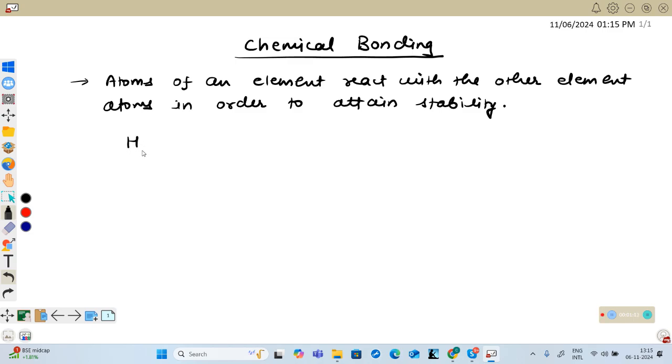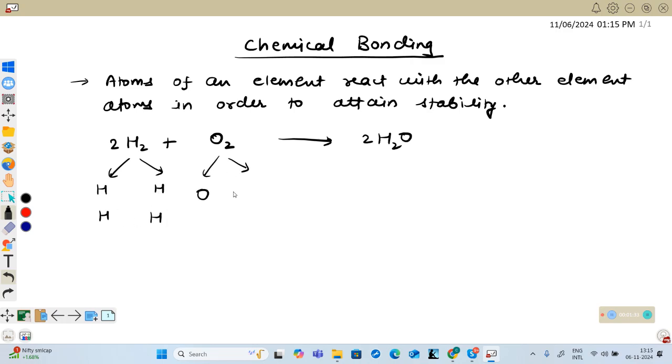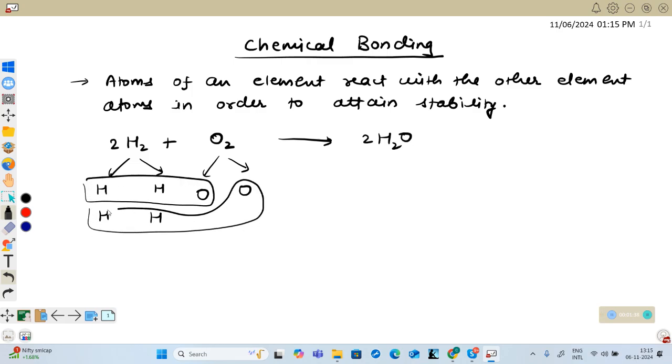For example, if I take H2 plus O2 which gives me H2O, is this okay? It's not okay because it is not balanced. Why do we need to balance it? Because atoms are neither created nor destroyed during a chemical reaction. So when the chemical reaction is taking place, first the molecules will split into individual atoms. Now these atoms will react with each other and form the molecules, two molecules of water. You got it? So atoms are reacting and combining with other atoms so as to attain